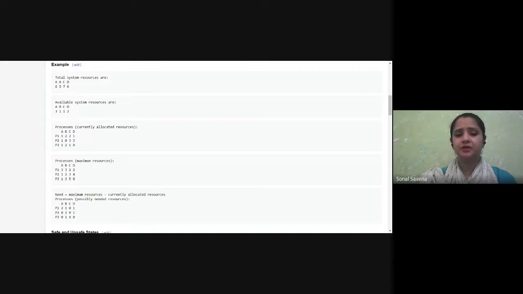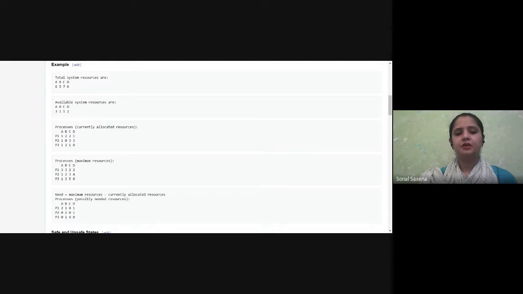And here in this matrix, the total allocated right now is 1. So it is in need of 2 more because it requires a total of 3 instances of A, but currently it has only 1. Similarly, it requires a total of 3 instances of B, but currently it has only 2. For C, it requires a total of 2, and 2 are already allocated to it. For C, it is done. Then for D, it requires a total of 2 resources, and only 1 is given to it. So for now, P1 requires 2 A instances, 1 B instance, and 1 D instance. C is already done.